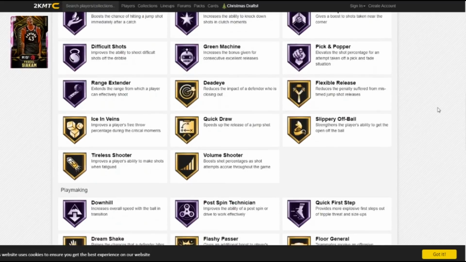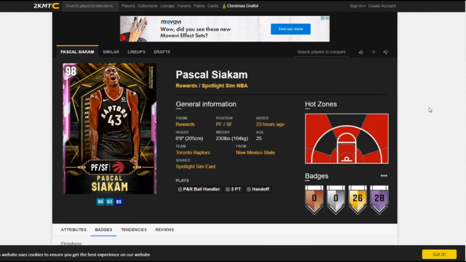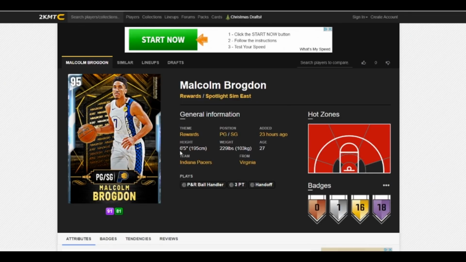I love this card a lot more than Brandon Ingram just because of his versatility on the defensive end. Look at his hot zones. He is going to be able to fill it up. In my opinion, he is a top tier card that you need to make sure you get on your team if at all possible. Starting with the 10th best diamond guy that we are going to get from probably a